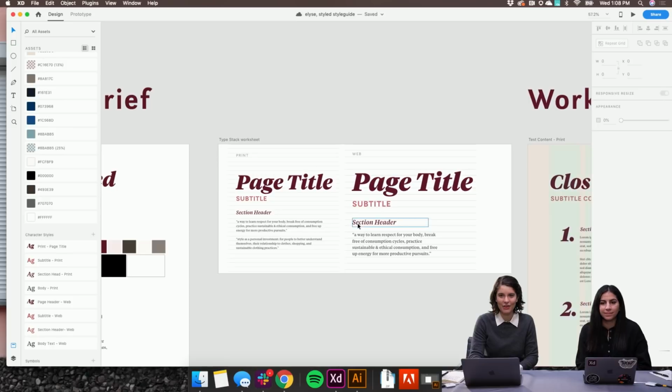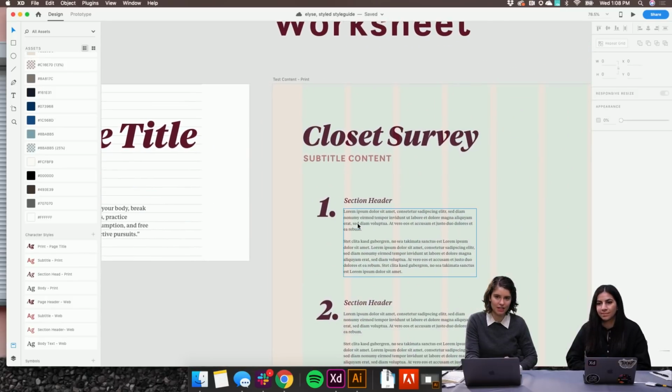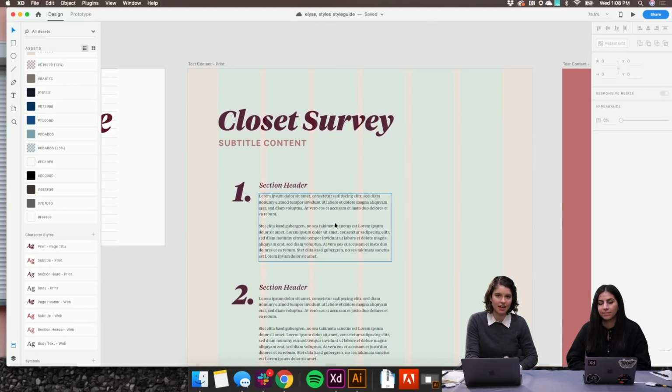Yes. Okay, so I feel like I took this as far as I could without starting to apply it, and so then I started to apply it, and I started putting the type stack into a fake worksheet that I was just using lorem ipsum for.